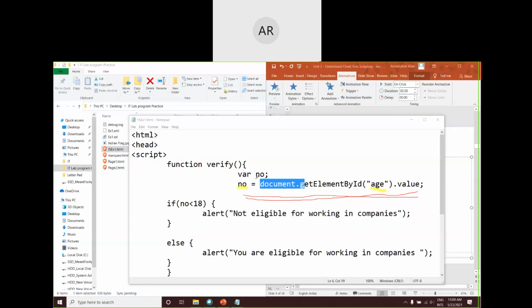How to define this variable? The variable is defined using a special data type called var. This special data type var is capable enough to hold integer, float, character, double, whatever type of value you want to have, you can attach it to the variable number. Is it clear now?